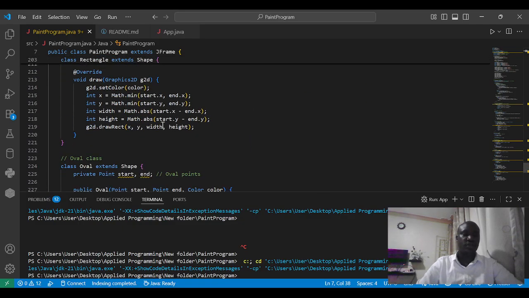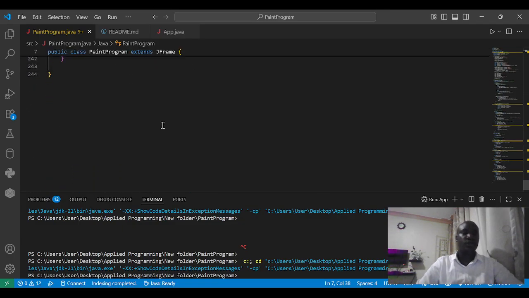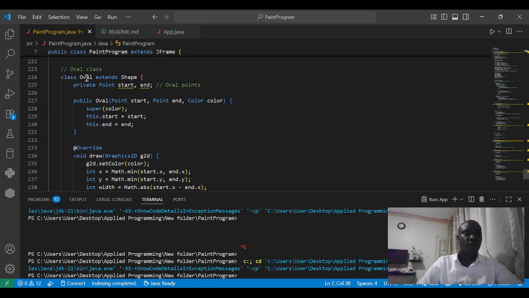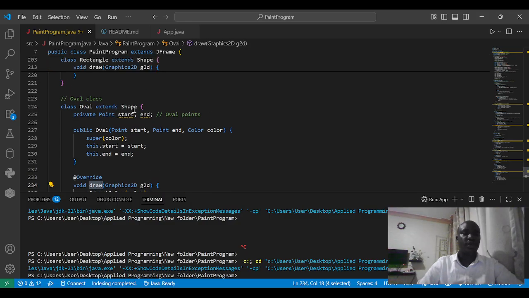It also highlights a bit of inheritance. We see that oval extends shape, and shape has this method called draw. Draw draws out that shape in the paint program.